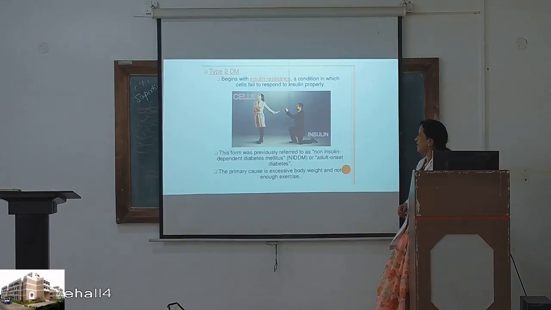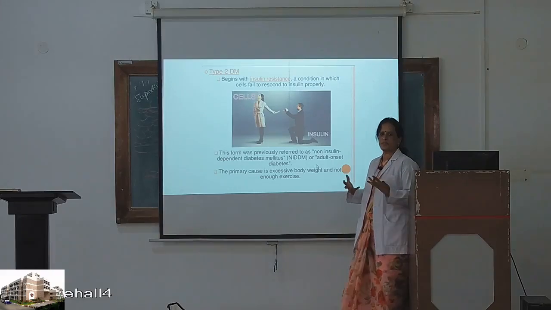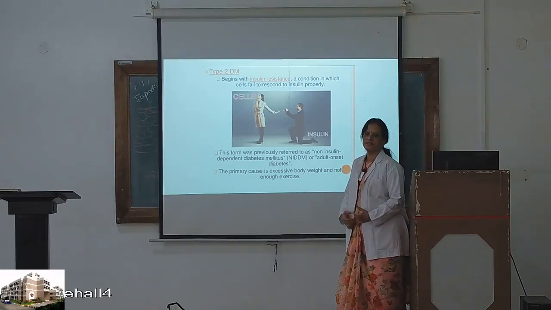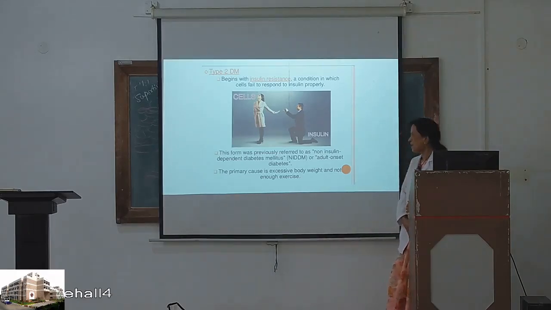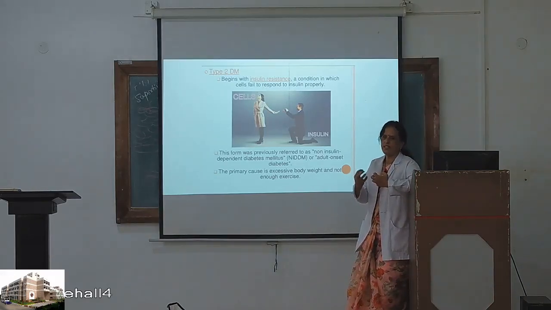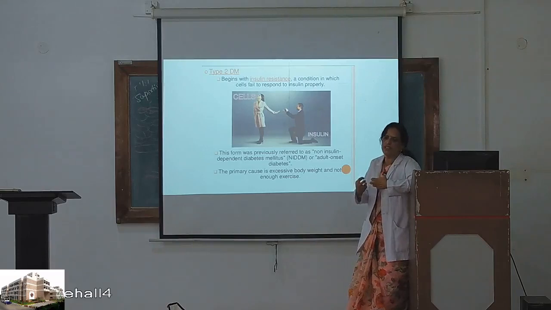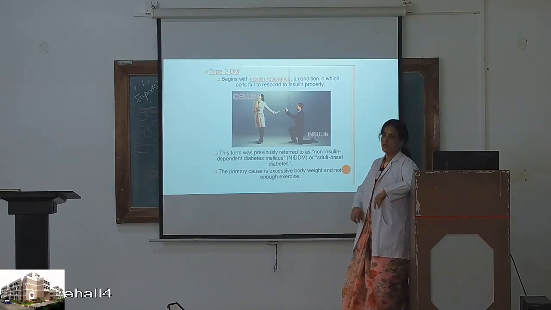So this was referred to as non-insulin dependent diabetes mellitus or adult onset. So insulin is there, but the cells, probably the receptors, are not responding. So that leads to hyperglycemia. So primary cause here is excessive body weight and not enough exercise. So this is what we are inviting. So inviting trouble. So eating a lot of junk, putting on weight,